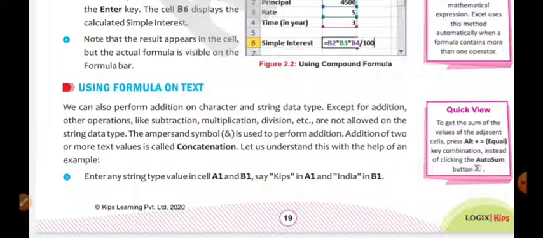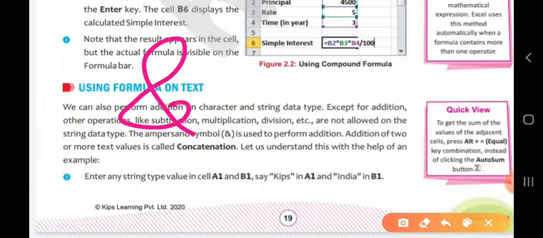Simply if I explain it to you, it is called concatenation. Concatenation means suppose your name is Akshay Kumar. In one cell you have written Akshay and in another cell you have written Kumar. Then if you want to join your name Akshay Kumar together, you use the ampersand sign between the cells.